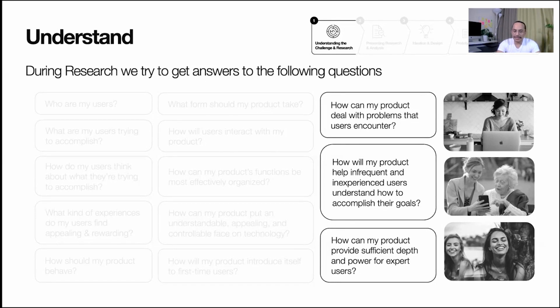Similarly, how can my product provide sufficient depth and power to expert users? Now, the same product could be used by both expert and inexperienced users, right? So, how to provide both of them the best experience? That also we try to understand. Basically, meeting the expectations of inexperienced users as well as experienced users. So this is how it helps, and whenever doing the research you should always try to get the answers to